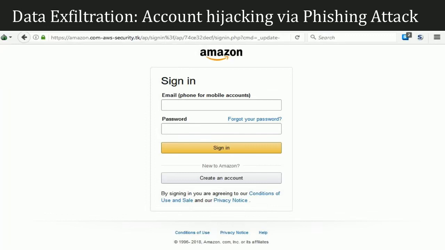So if somebody is able to trigger a social engineering or phishing attack and get your credentials, then your whole infrastructure is compromised, because they can do a lot of things. We have seen these kinds of attacks in the wild, where they spin up instances on the fly. Then you see the cost growing, because those instances are used for nefarious activities like mining, or distributing malware as well.